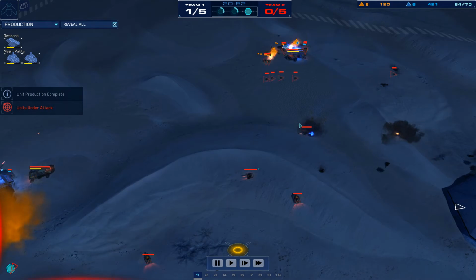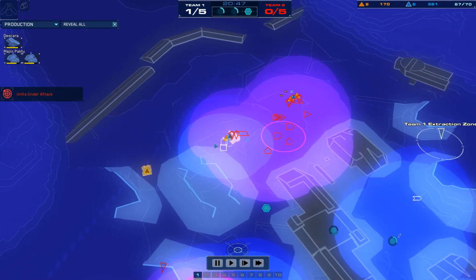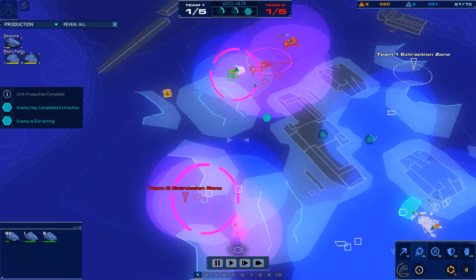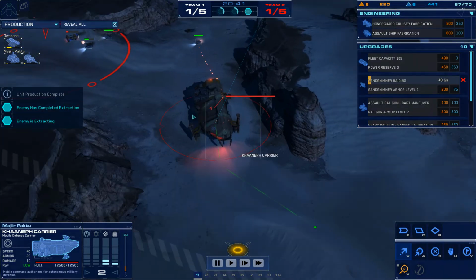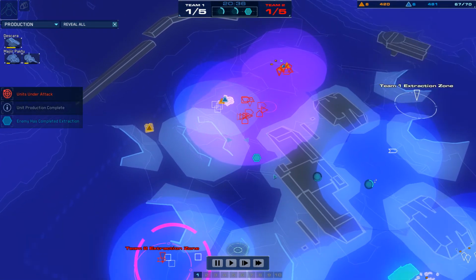Lots of eco damage about to be done here, but actually remarkably the railguns on this side have been cleaned up. I guess Descara just kind of fell asleep there, but he's still going to get good value out of this. One artifact extracted and Majiir's carrier is moving out, and actually the Conf carrier makes a good candidate for